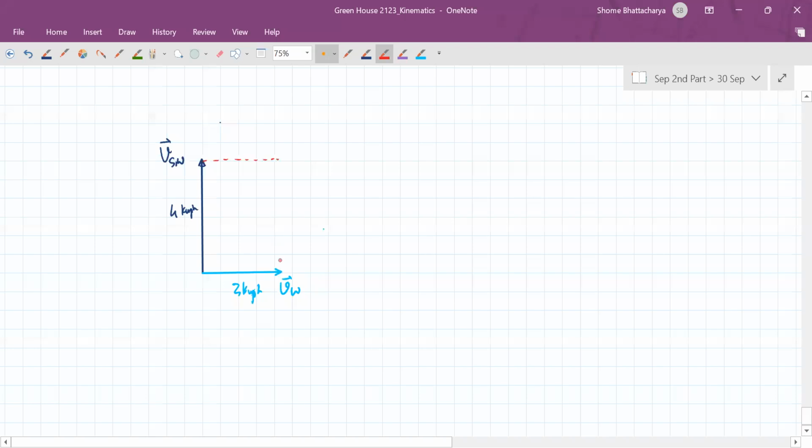It should be along the diagonal of this rectangle. So the velocity of the swimmer in the ground frame will become 5 kilometers per hour, and this angle will become 53 degrees. You can also write it like this. If you take this as the X and Y axis, you can see the velocity of the water in the ground frame, the velocity of the swimmer with respect to water,